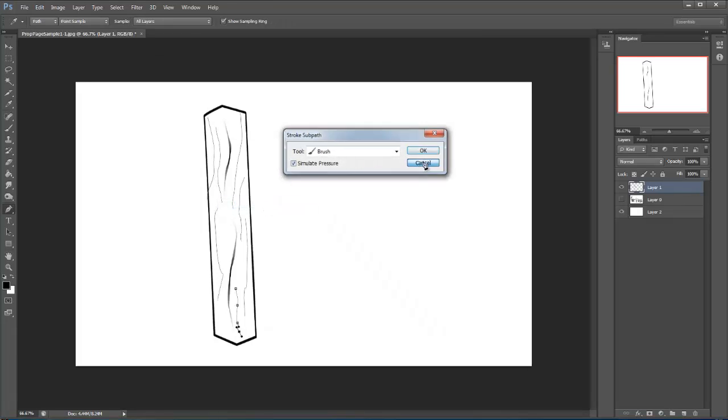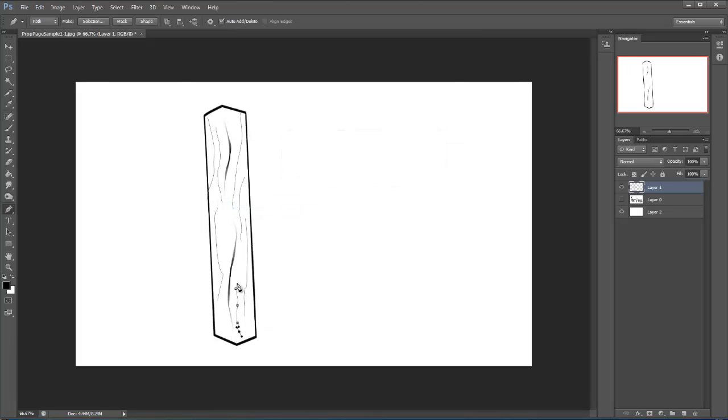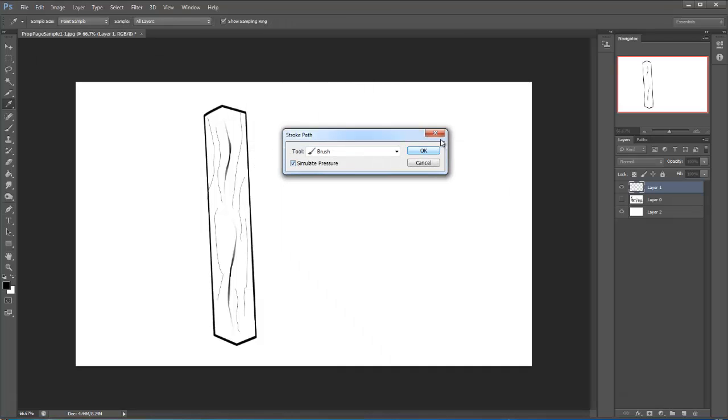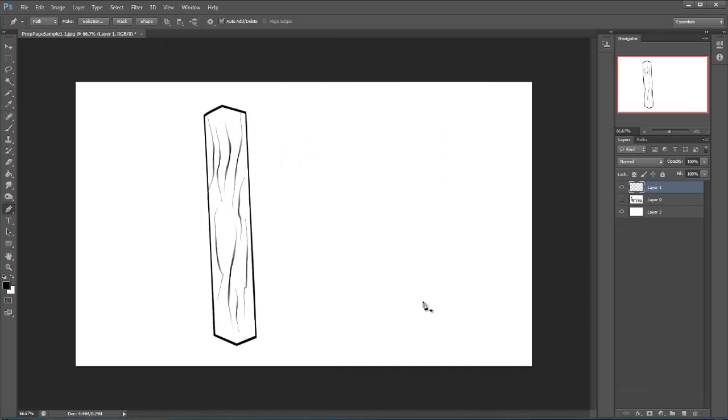Oh, you know what? Hold on a minute. It's on subpath because I left that one selected. So what I'm going to do is hit Control. There, now they're all selected. Okay. Right click on this, tell it to stroke path, make sure simulate pressure's on, hit OK. And look at that. Now I have some wood grain in there. I could have actually gone down another size or two in the brushes to get it to blend in a little bit more. Okay, so that's a quick and easy way that I can work and create line cleanup